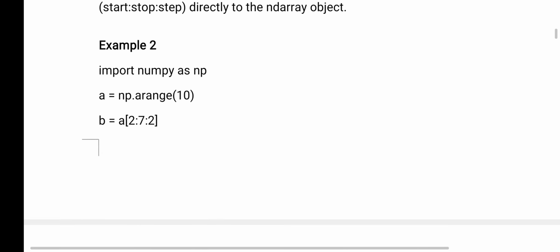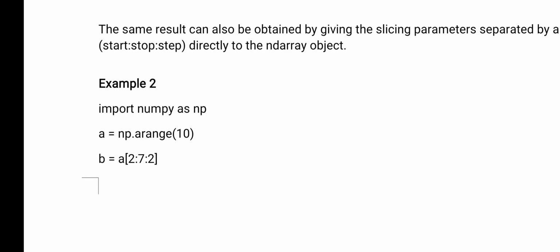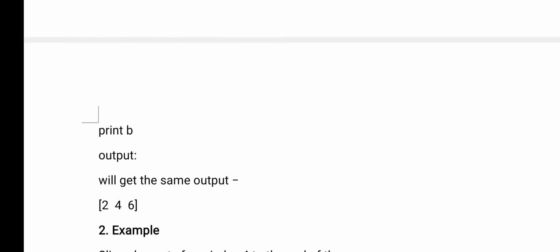Here one point you need to observe: I have not used a built-in function. Directly I have created array b by slicing part of the array. Within the array we have 10 elements, and with 3 elements I have created a new array called b. So in b, how many elements do we have? The elements between 2 and 7 with step value 2. So 2, 4, 6 are now in array b. These 3 elements are extracted from array a.